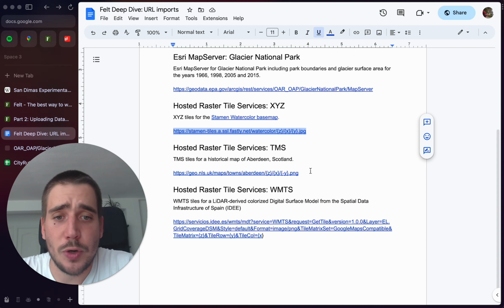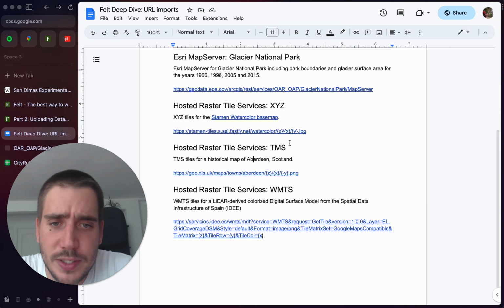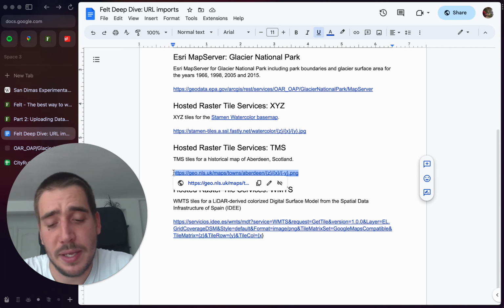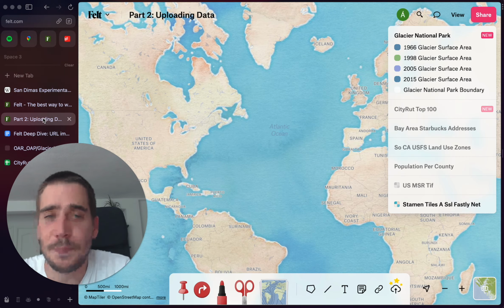Another kind of hosted raster service is TMS. You'll see that all these services have these template parameters, Z, X, and Y in curly brackets. In the case of TMS, the Y is negative because it just means that the Y coordinate is flipped as opposed to X, Y, Z. Add